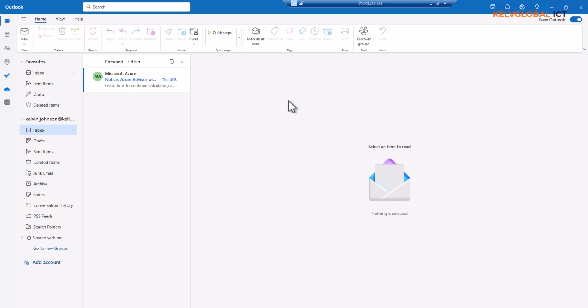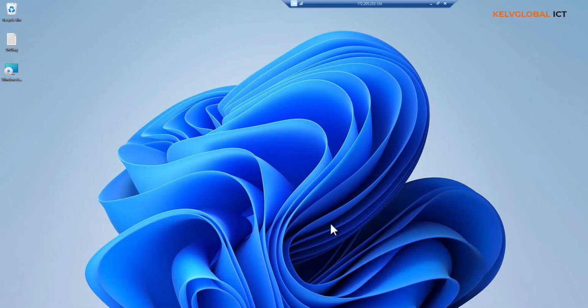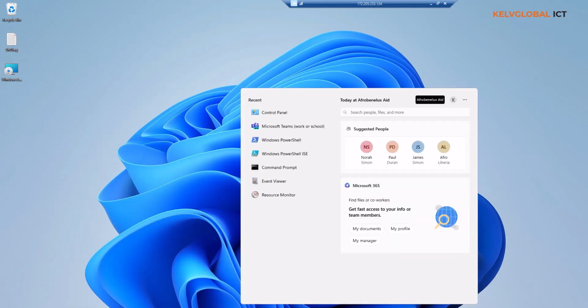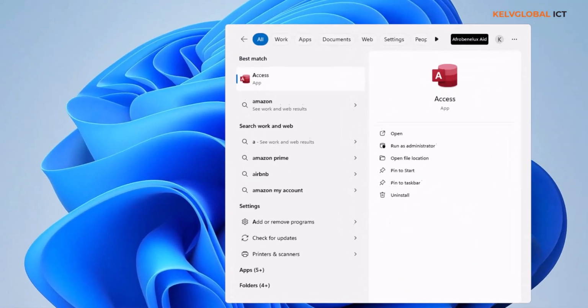So let's say you're having issues with Outlook and you want to get this fixed. Outlook is very slow, it's not responding, sometimes it throws an error message when you try to open Outlook, or your emails just keep on not delivering. So what you need to do is close Outlook and then go to your start menu and enter the following: